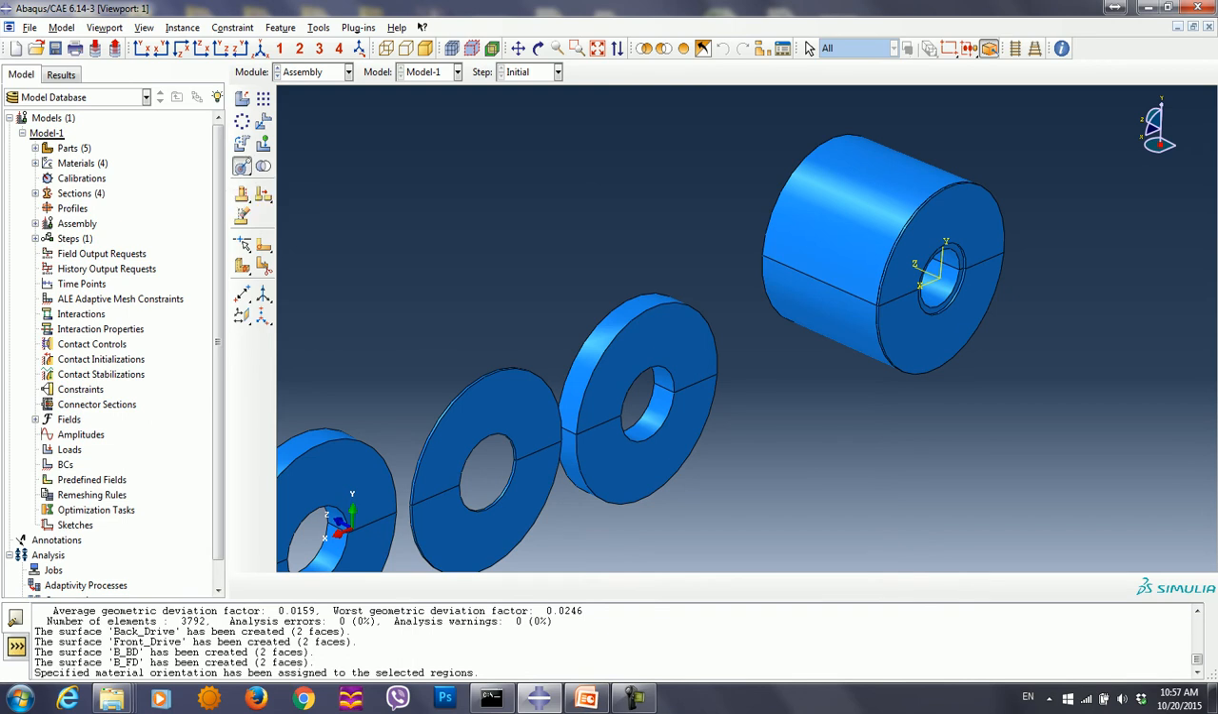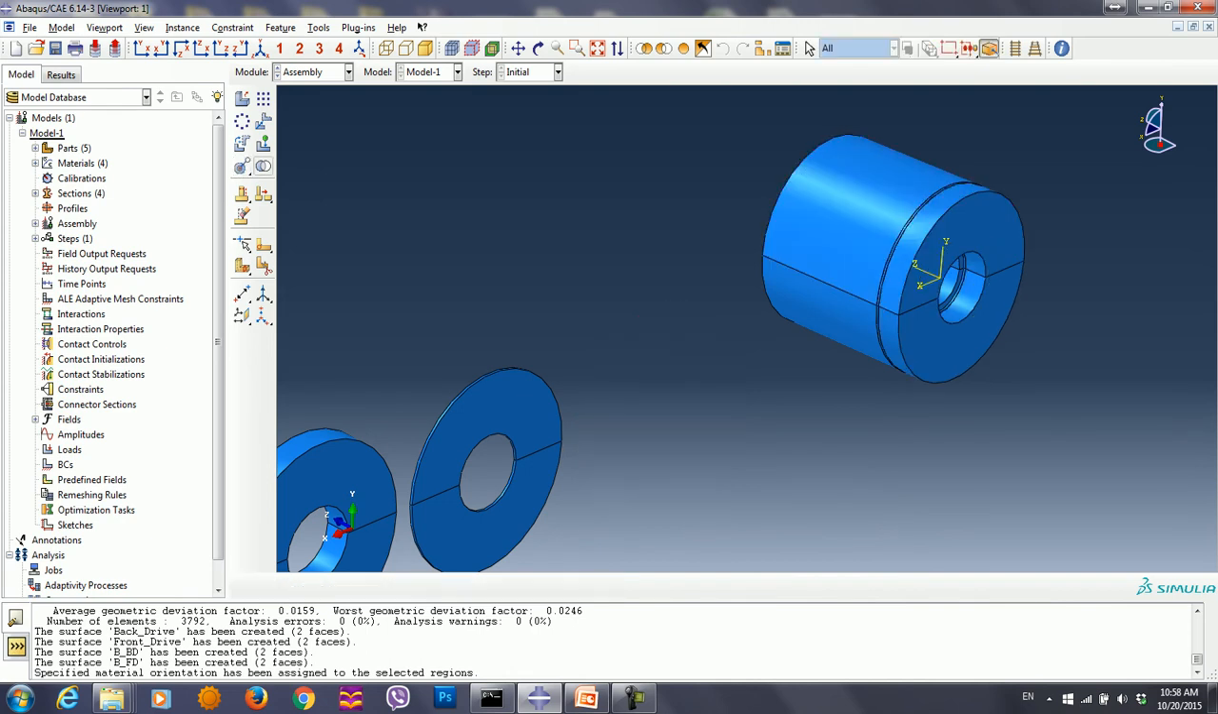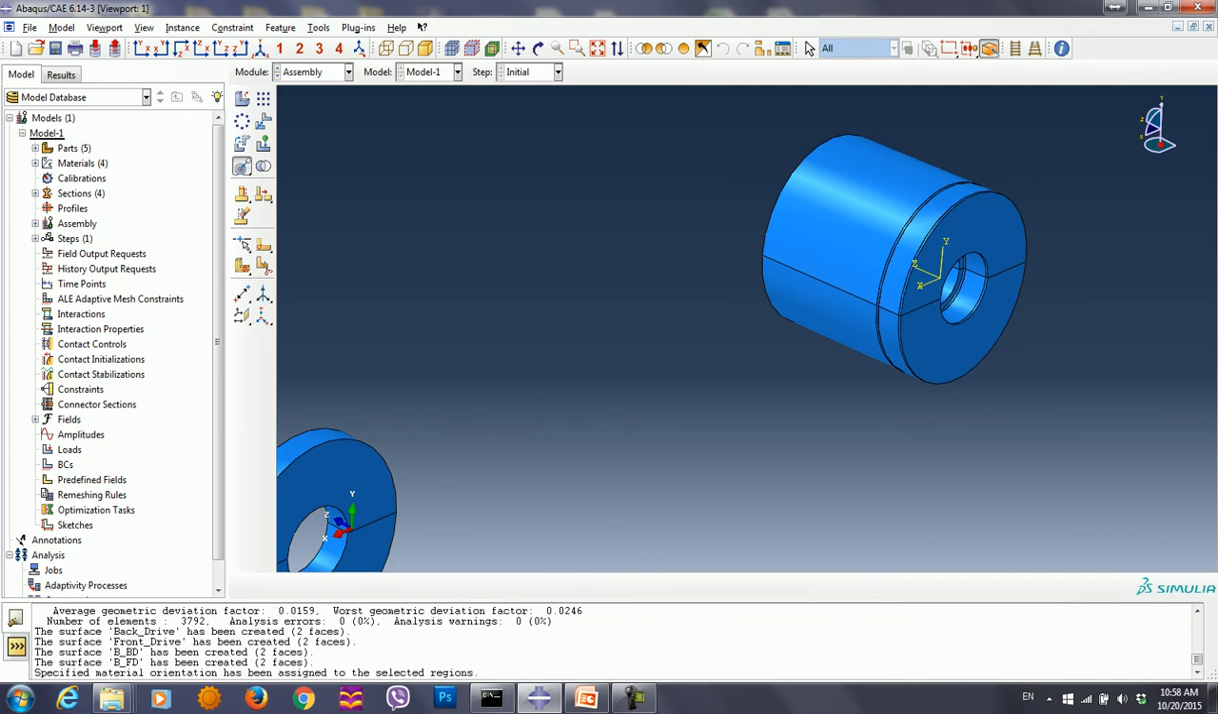Okay, the same procedure is going to be done between these two. Flip, okay, 0, and coaxial. Okay, and then face to face between these two, flip, and coaxial. Okay. Then one more time, flip, okay, 0, and coaxial between these two,